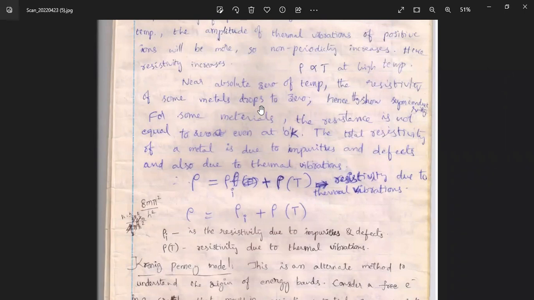So the total resistivity of a metal is due to impurities and defects and also due to thermal vibrations. So rho is actually rho I plus rho T. Rho of T is the resistivity due to thermal vibrations. Rho I is the resistivity due to impurities and defects. So the total resistivity of the material is rho I plus rho of T. Okay, so with this, we are done with this particular topic,